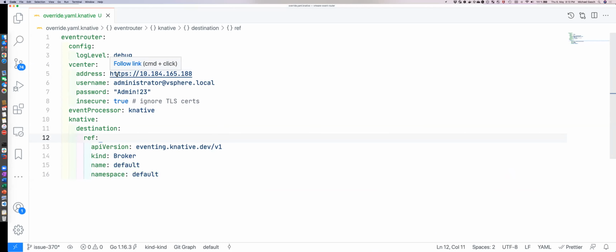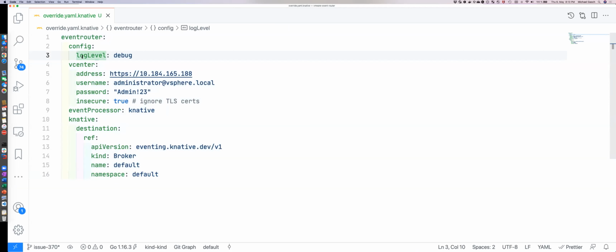So here you see my configuration file, which is just an override file for Helm. If you're not familiar with Helm, it's like a templating language and deployment tool where a lot of deployment steps for Kubernetes applications are abstracted for you. If the defaults don't work for you or you have to customize them, there's an override file, which is a YAML file. And you just specify some of the properties here.